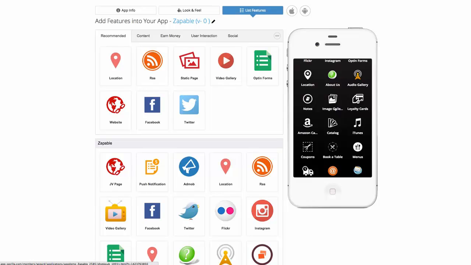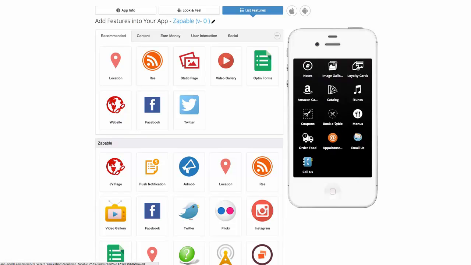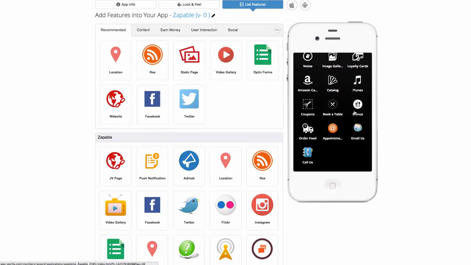What else? We have image gallery, so you can upload images, maybe screenshots or photos that have been taken of a hotel room, a restaurant, a coffee shop, hairstyles, gardening, just whatever you can imagine. You can have your own photo gallery. You can book a table. There's loads of services online, like demo.does. This integrates with it, so people can make a table reservation. You can display menus from the popular menu